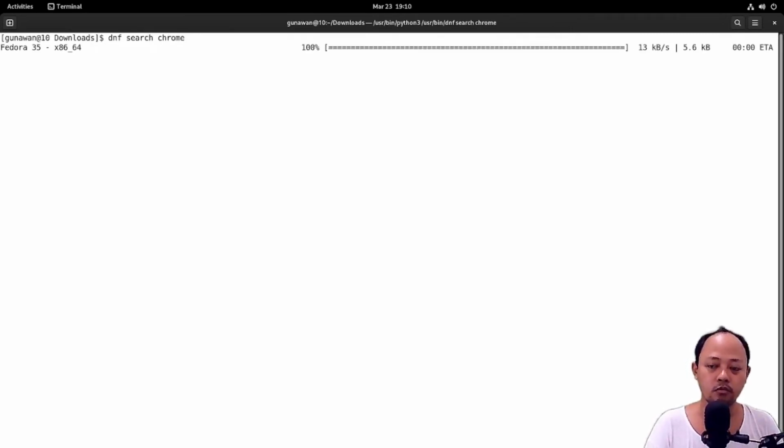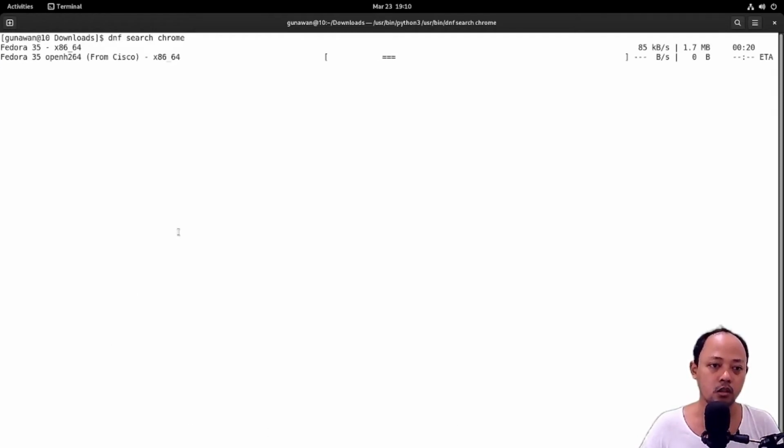The DNF will search in all of the repo list in our Fedora and bring the package names to us, packages that relate to Chrome.